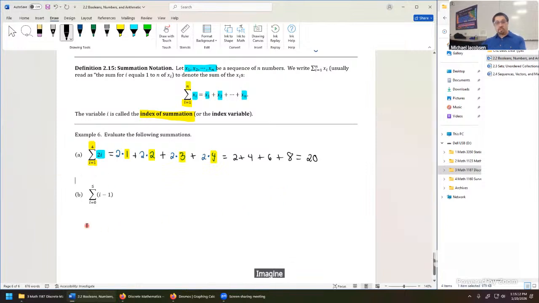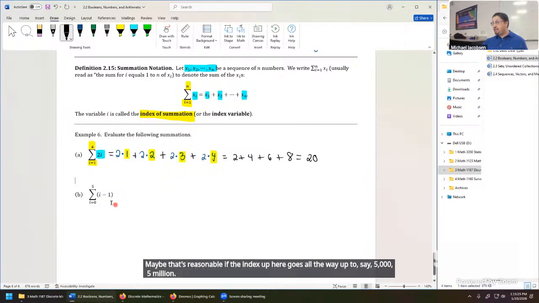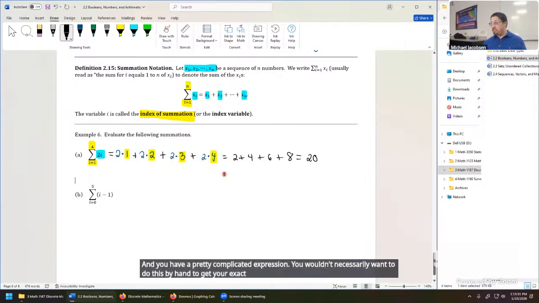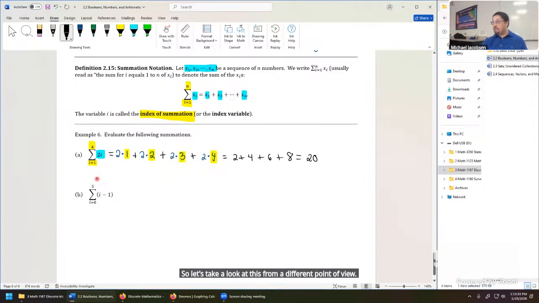Imagine you're trying to, say, code this up for an example. Throw this into a computer program and just make it do the summation for you. Maybe that's reasonable if the index up here goes all the way up to, say, 5,000, 5 million, and you have a pretty complicated expression. You wouldn't necessarily want to do this by hand to get your exact value out for the summation. So to practice what this is really trying to say, the pseudocode would be